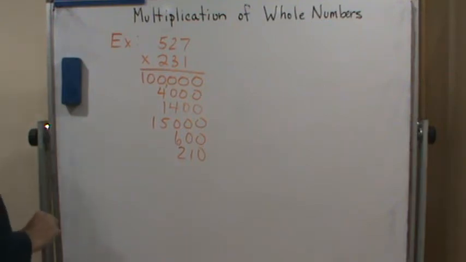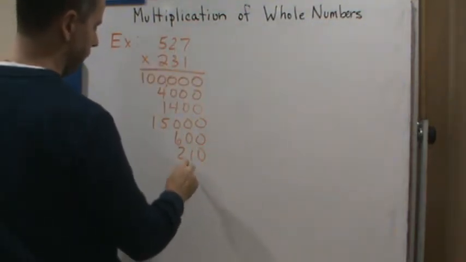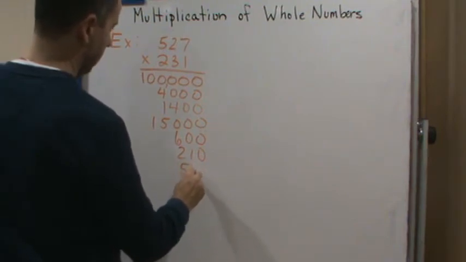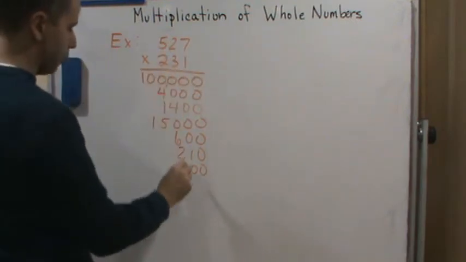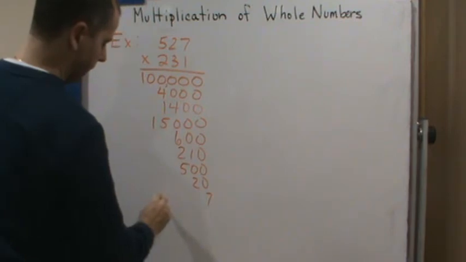Okay? And now I'm done with the 3's, and now I'm going to do 1. So 1 times 500. And then 1 times 20. And then 1 times 7. And now